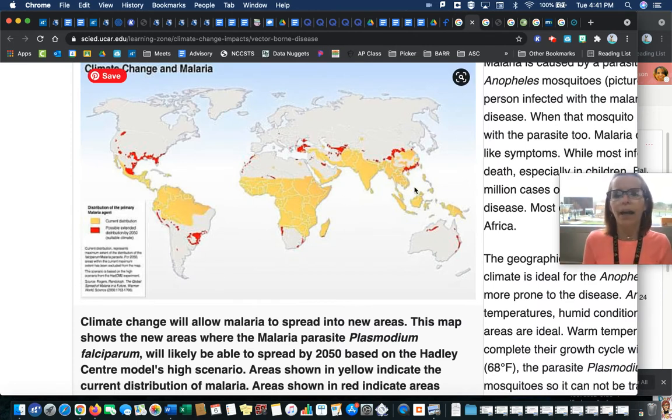The yellow areas on this map are where the Anopheles mosquito and the Plasmodium falciparum parasite live. The mosquito carries that parasite, and when it injects into a human being, it transfers that parasite into a human being. So the yellow shows where the Anopheles mosquito survives. The Anopheles mosquito is fairly fragile. It can only survive in warm climates. Well, as our planet is getting warmer, the Anopheles mosquito range is increasing. So these are predicted ranges of where the Anopheles mosquito will be available as the planet warms.